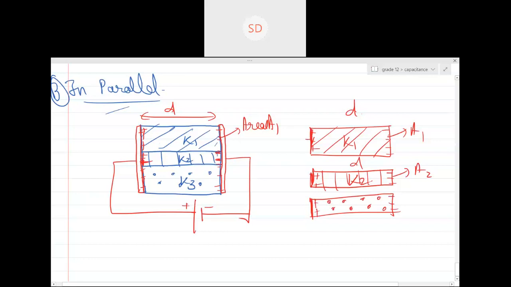Let's say the potential of this end, this end, and this end is equal. Electric potential of this end, this end, and this end is equal. Similarly, the electric potential of this end and this end and this end is equal. So all the ends which are connected to positive are at equal potential. All the ends which are connected to negative are at equal potential. Hence, common potential difference across every capacitor, right? So here in this case, common potential difference across individual capacitor.